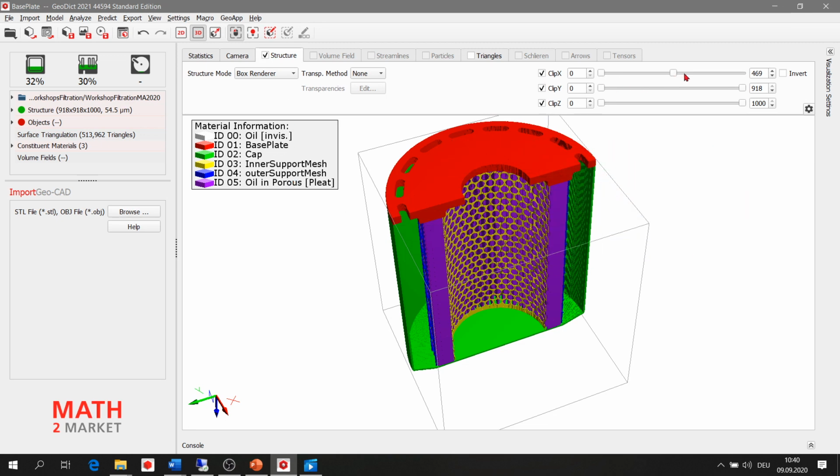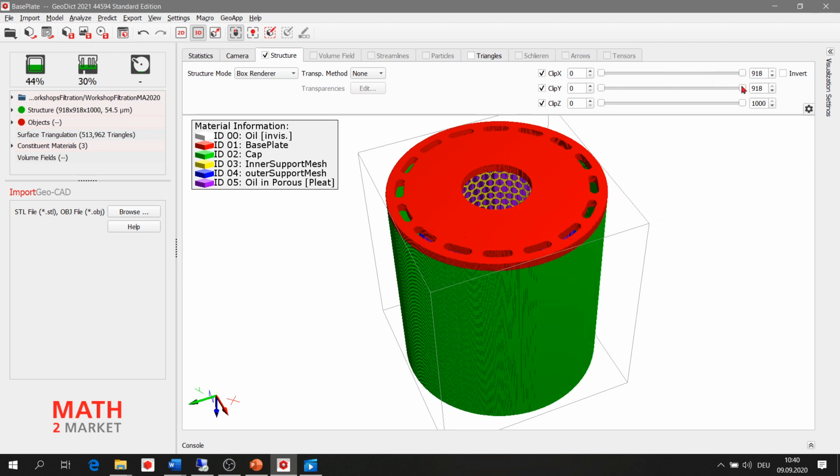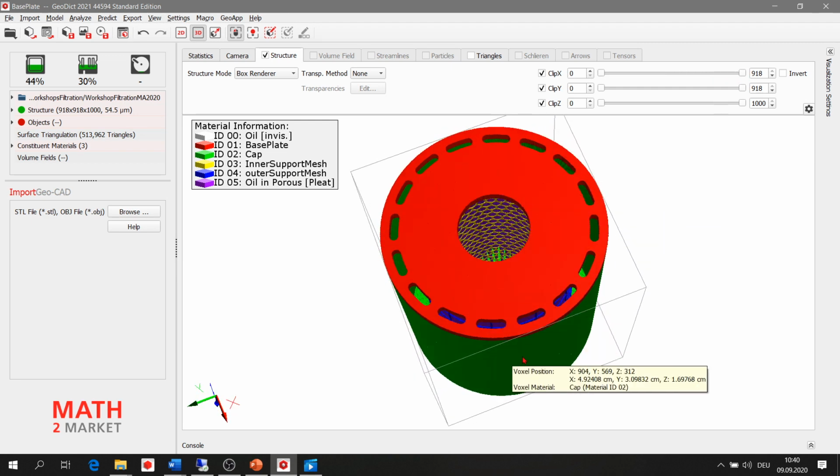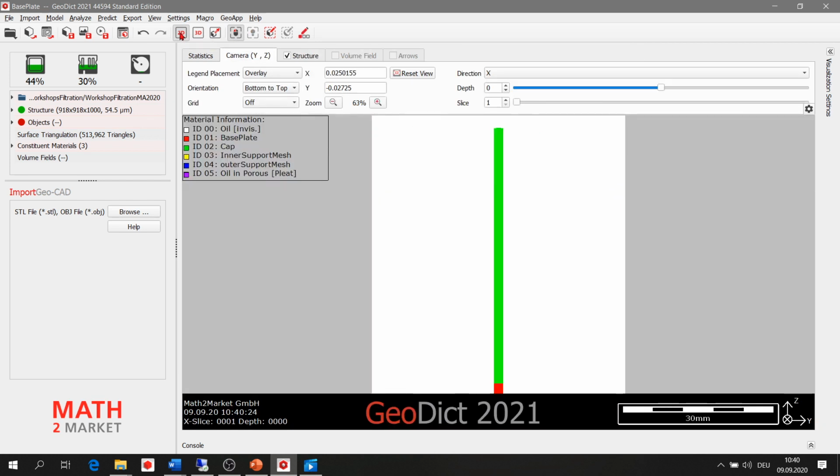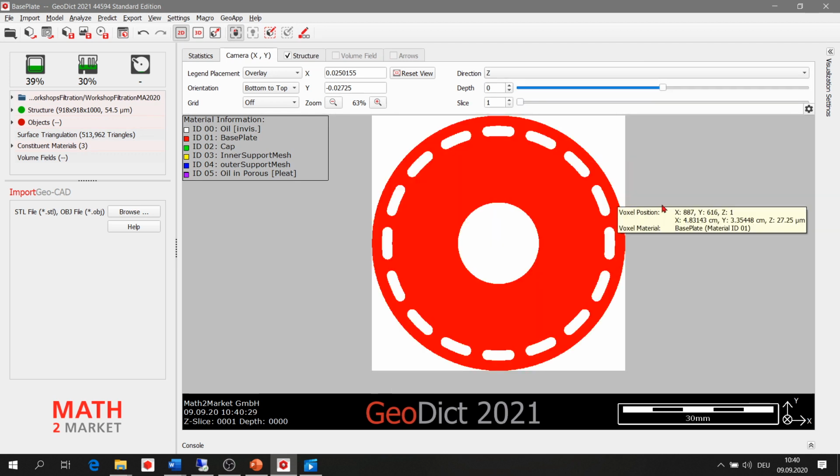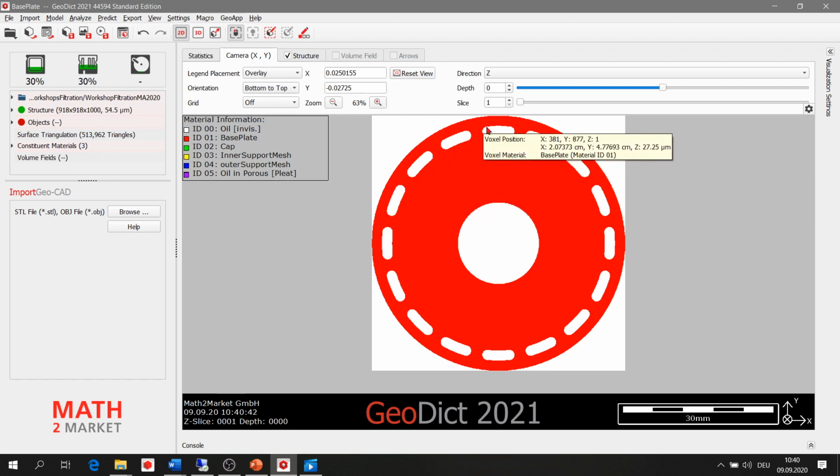For this, again, I deactivate the clip, or I just visualize the complete filter. And again, I'll change from 3D view to 2D view and then select direction to Z. It means I will take a look at the filter from the top. And as mentioned, we have to choose here the inlet parts and here the outlet. For this, we have to select edit selected voxels. You can also zoom a bit.